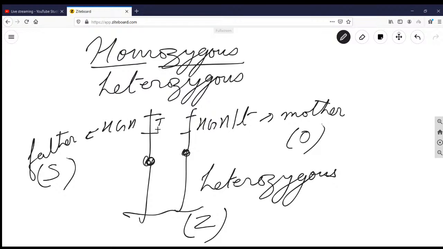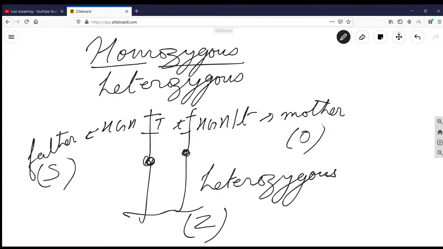Second term, capital T, small t. Small t is the recessive one, low quality, and capital T is the high quality. So capital T, small t is a heterozygous combination. But if both identical alleles are paired together by mere probability in the zygote, because genetics is a chance thing, governed by probability,